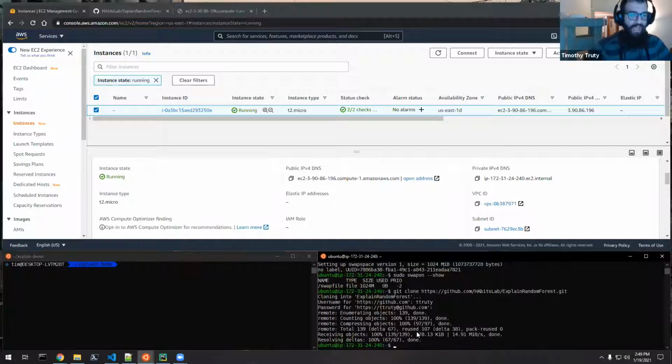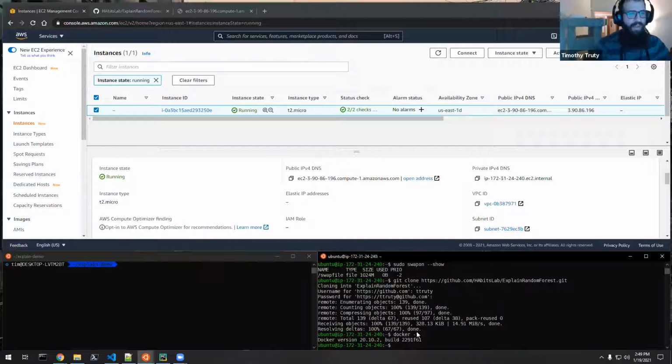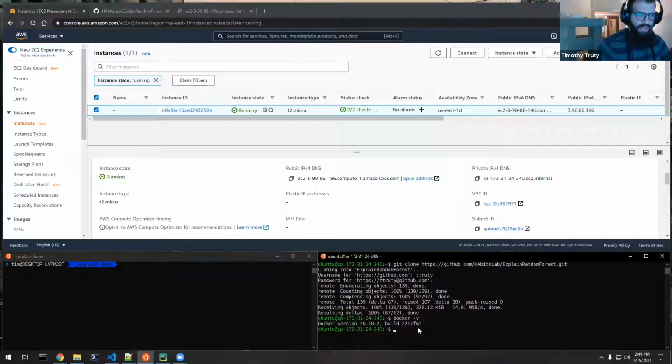Okay, so now we have Docker set up. Well, let's make sure we have Docker. What is Docker V? Yeah. Okay, so Docker is installed. We have the swap memory set up, and now we have his repository. So next we need to just build the image, which we do with, let's see, the build command, sudo docker build tag